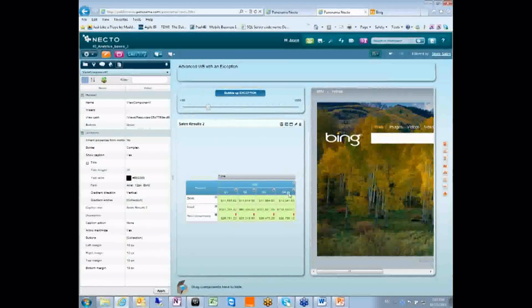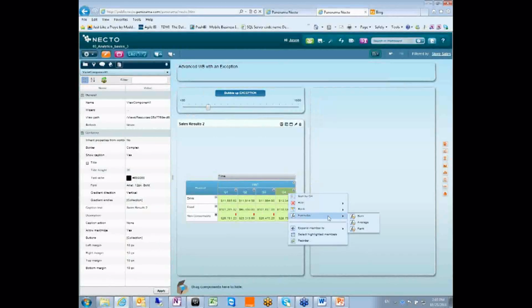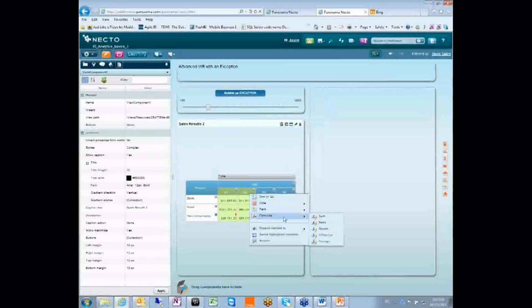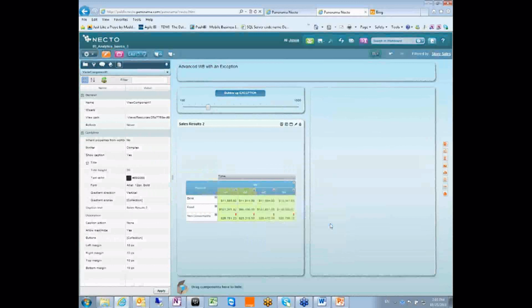Now I can click here and say, okay, I would like to make a formula of sum of what? Of the members I point on. So, for example, quarter 1 and quarter 2, I would like to sum them. I can say I would like to see the ratio between them, the growth different than the average. Let's see the ratio and say